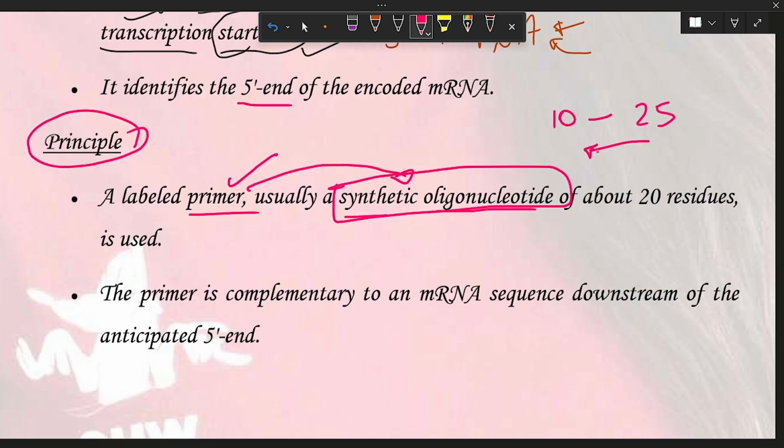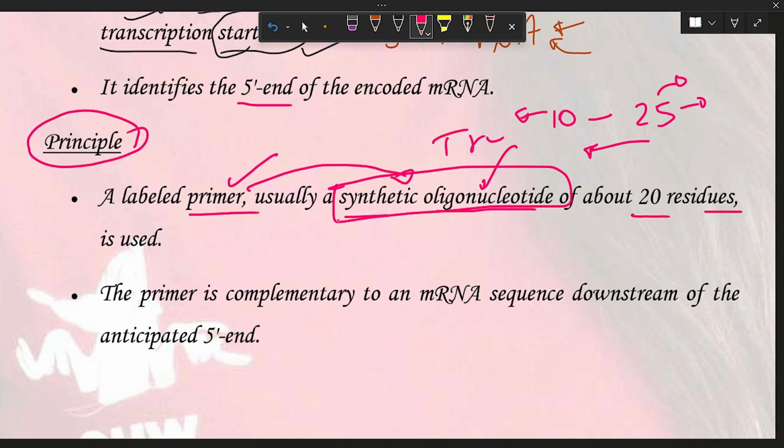After 25 it is known as a polynucleotide, and below 10 we call it a tetranucleotide, dinucleotide, trinucleotide, giving the number of the digit it represents.